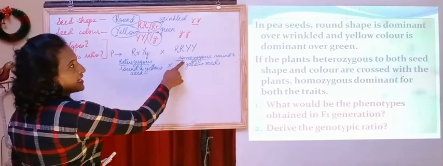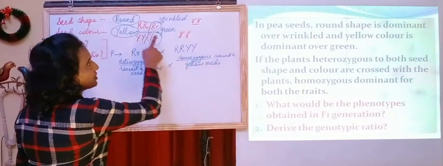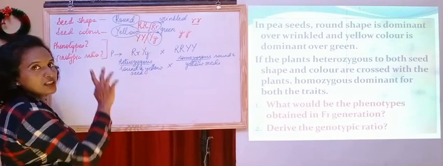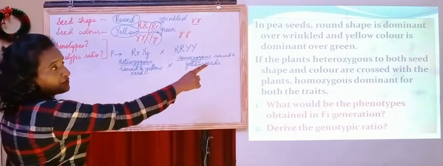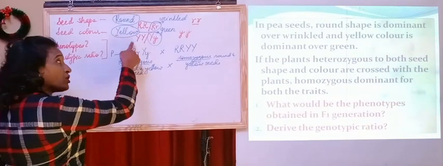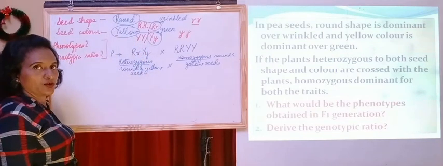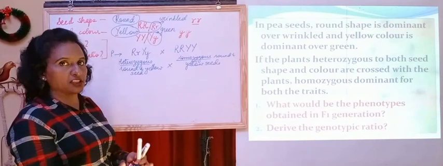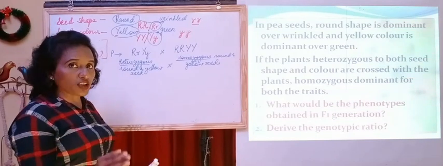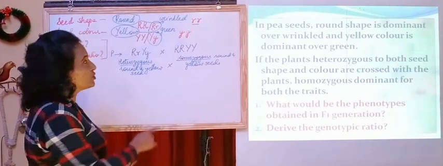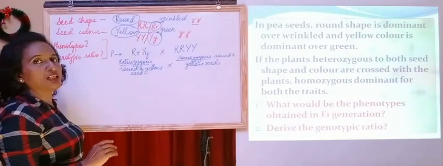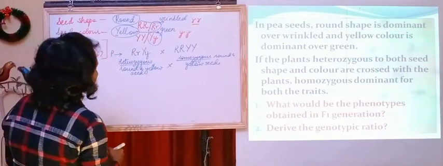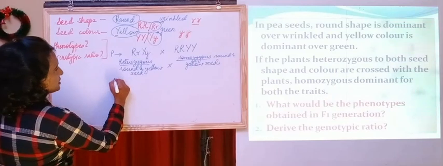I have already said if it is homozygous dominant, then it will be only the dominant characteristic which we have to take. If it is mentioned heterozygous, then also it will be the dominant one. Okay, no matter in the problem whether it is mentioned or not. Even if it is not mentioned whether it is dominant or recessive, still we will come to know that if it is heterozygous, it will be the dominant one. Okay, so next will be the gametes.